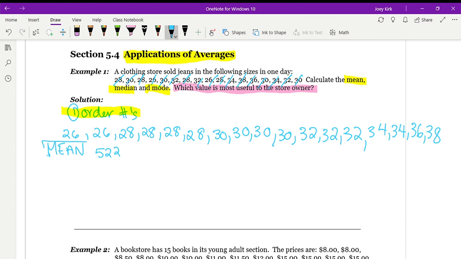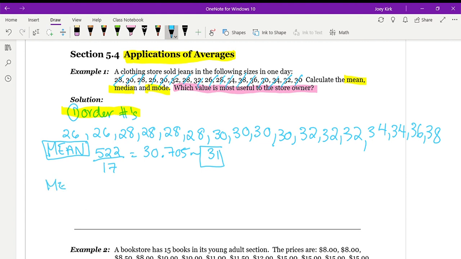Okay, so 522 divided by, there are 17 data points. Okay, so that's going to give me 30.705, so it's going to give me approximately 31. That's our mean. Okay, our median,